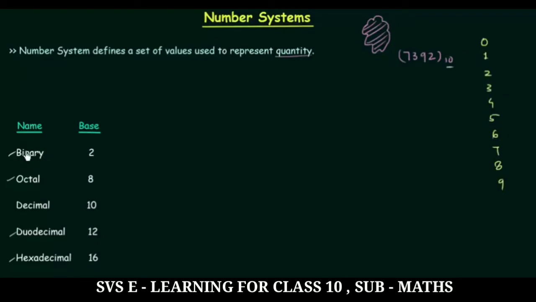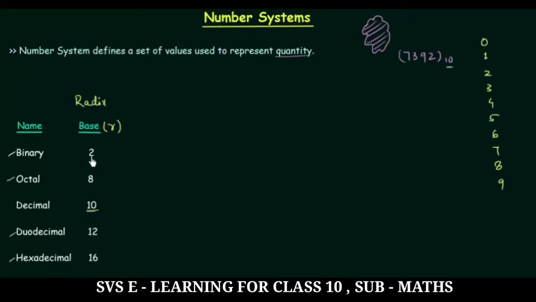In case of binary number system, we have 2 different digits, and 2 is the base for binary number system. Now what is this base? The base of a number system is also called as radix, and because of this r, the notation for base is a small r. Now the base will tell us how many distinct digits we have in a number system. For example, in case of decimal number system, the base will be 10 because we have 10 different digits in decimal number system. For binary, we have 2 different digits.